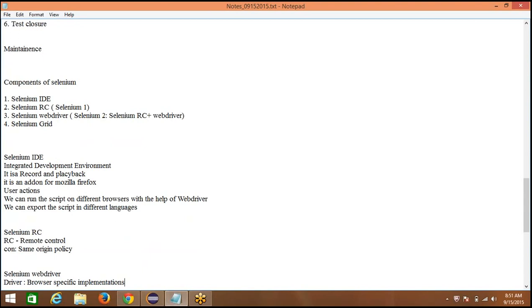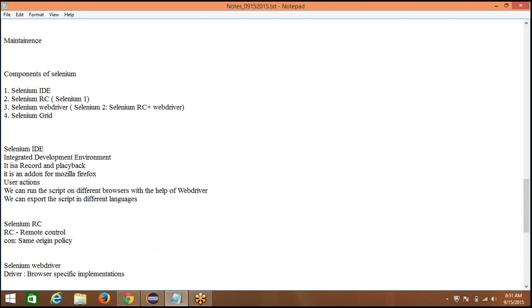I would like to have a driver for each and every browser, like Firefox driver, Chrome driver, Internet Explorer driver, Safari driver, so that I can implement the features using this browser specific implementation and go ahead and record all the things. Okay.